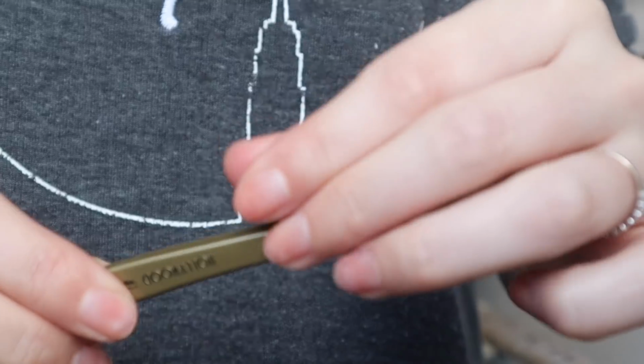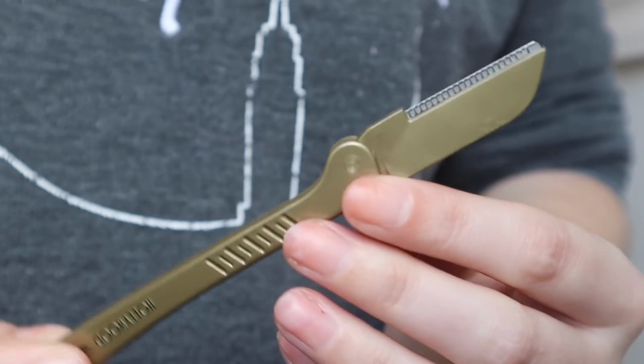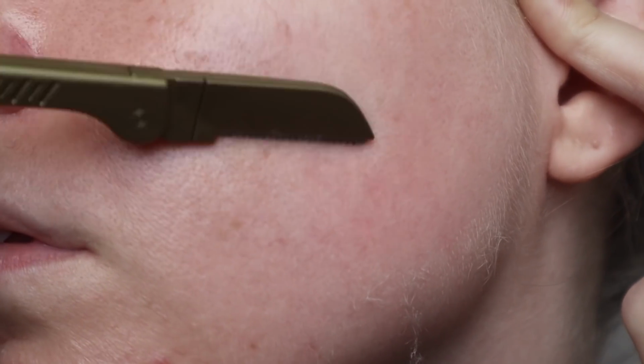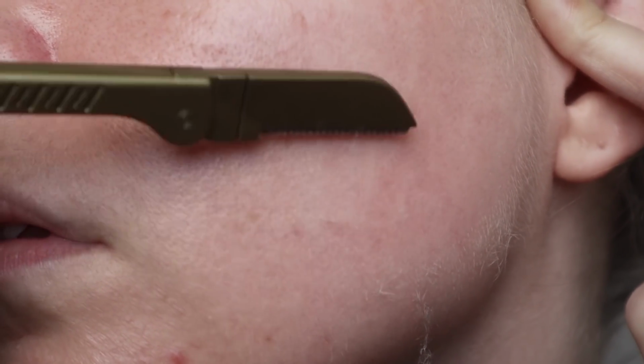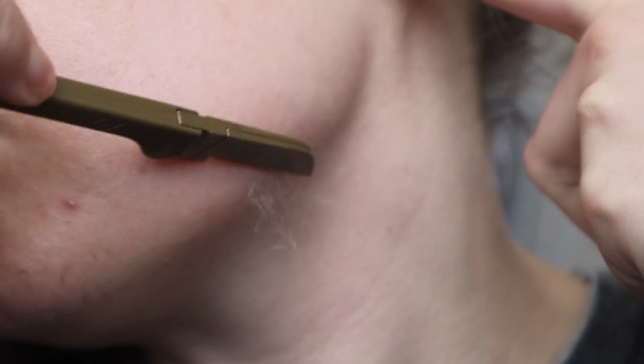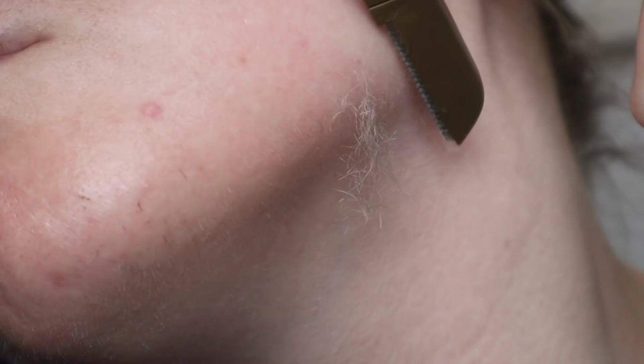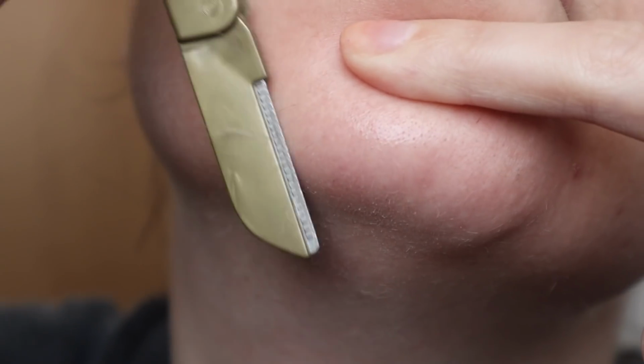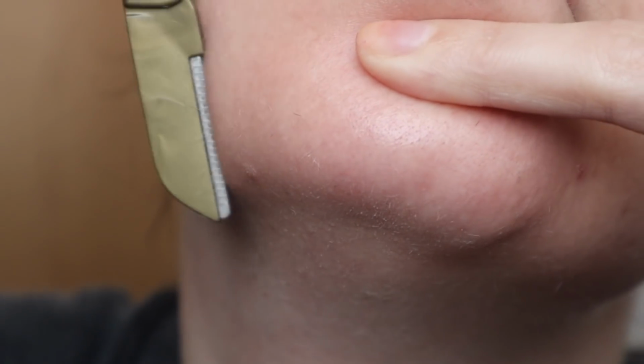Hadn't really looked all that much into dermaplaning before I gave it a go. I expected it to be an elevated version of shaving, which I've been doing off and on for a few years anyway, on my face. I watched a few videos just to see how it works, and it's not really the same thing at all. It's not shaving. Obviously, you can see the hair is being removed. You can see it's a decent amount of that downy, kind of vellus hair removed from my jaw especially, but